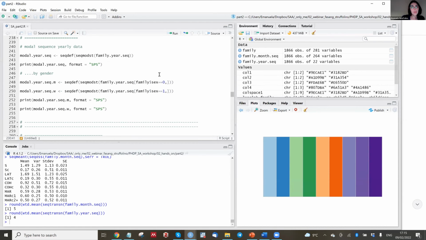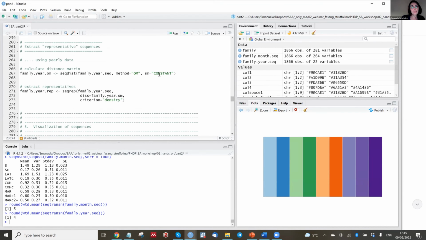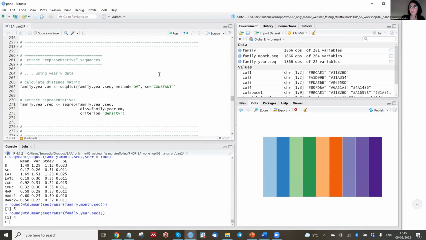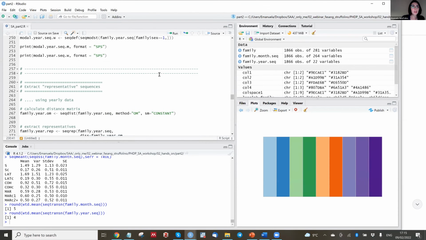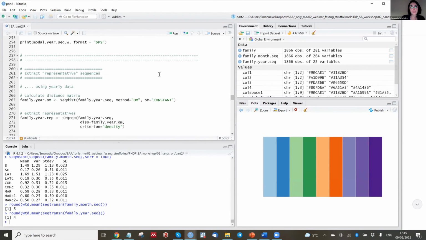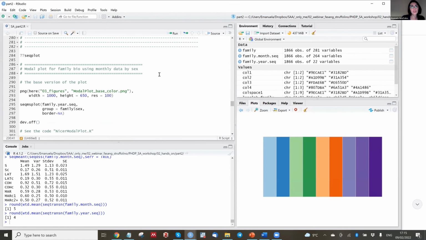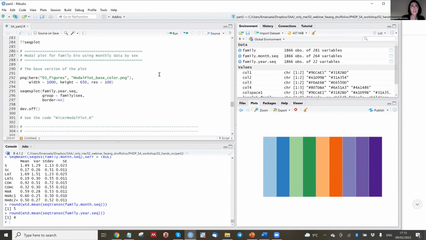All right. I want to show you one type of visualization for each representative of the two types: the visualization as a summary visualization or as an individual sequences visualization. We have seen before the modal plot. So what happens here is that we focus on these three lines. The seqmsplot is the command to display the modal plot. Important here,